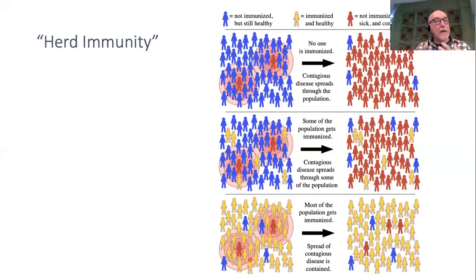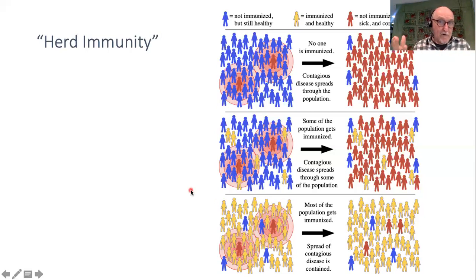And because it can't spread, if you have enough people who are immune, you interrupt the chain of contagion, and the disease can't spread, and the disease ultimately dies out because it does not have a host population that it can move into. So this is the concept of herd immunity. It is a concept which is related strictly to vaccines, to a situation where we have an artificial means of conferring